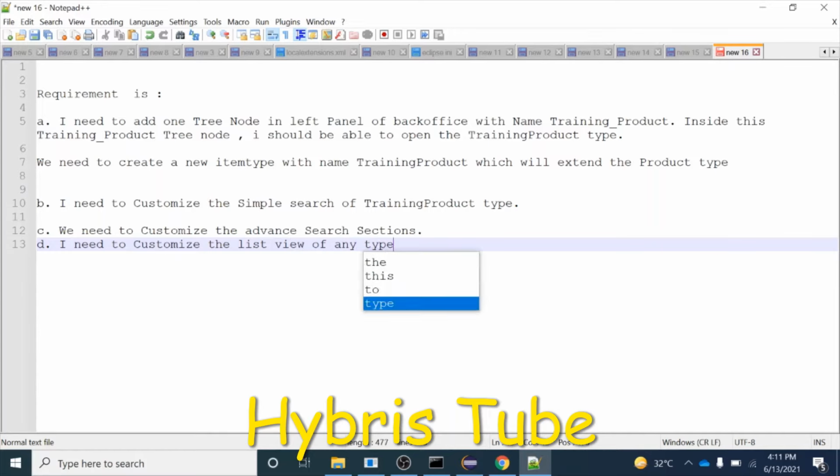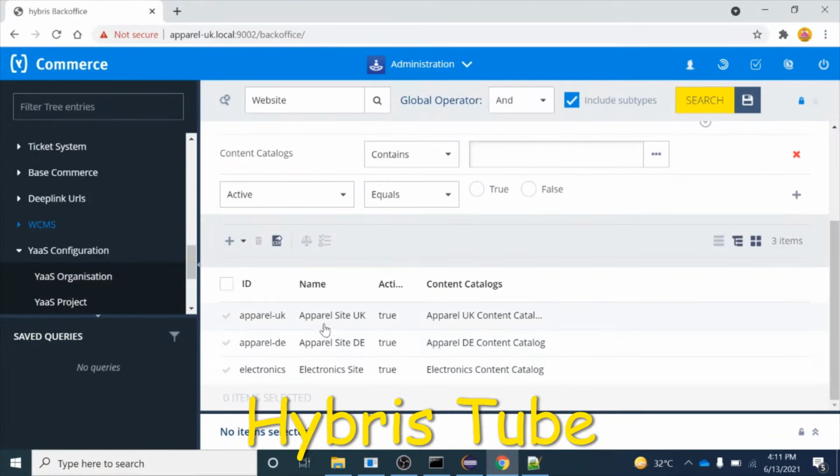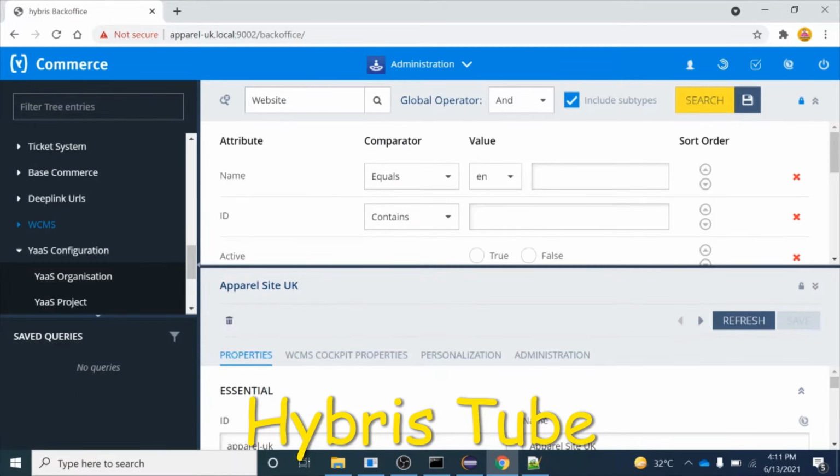This is also something we are going to learn in this video. And guys, the next and last part is, for example, if I just search this April UK, you will see we do have a detailed view of this April UK, right? So you can see we do have this detailed view.